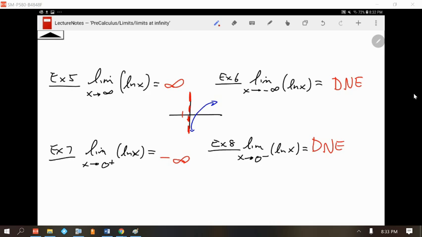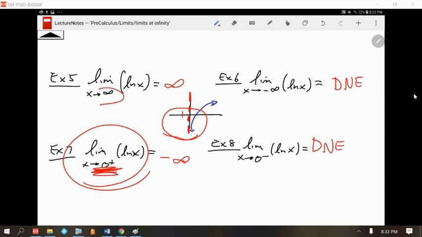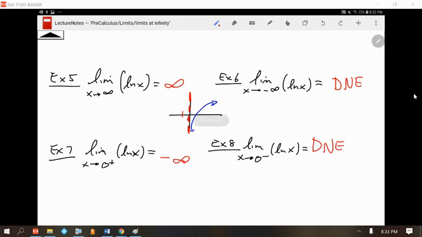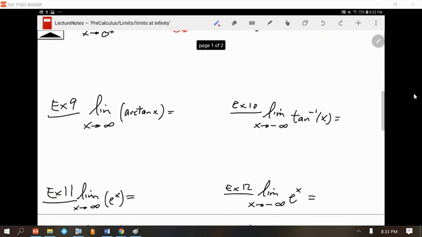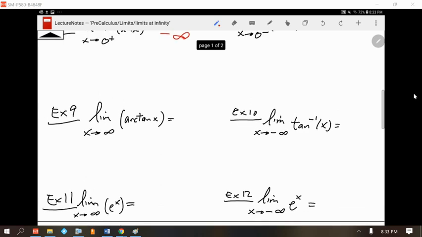Number 7 was technically a vertical asymptote question, right? Notice it's 0. It's not infinity or negative infinity. So the infinity and negative infinity questions, those are basically like horizontal asymptote questions. It's a weird way to have horizontal asymptotes, to say what's happening as x approaches infinity or negative infinity. And speaking of horizontal asymptotes, okay,